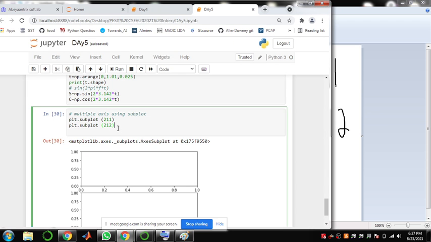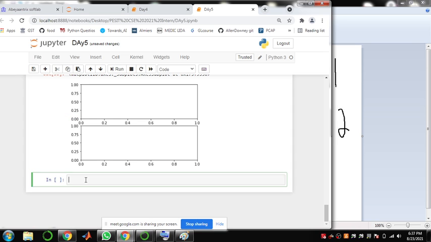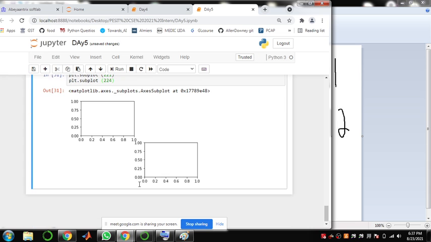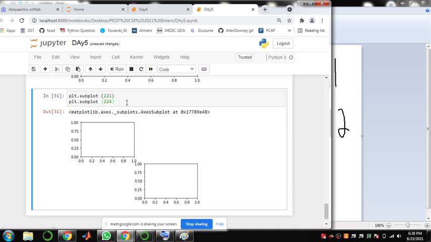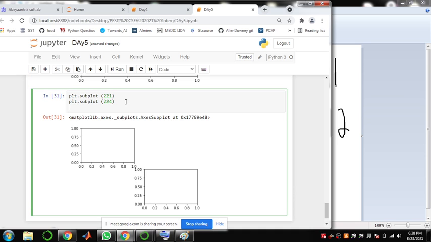Okay, so let us see what will happen with the next example. Here I'll write 2, 2, 1, and here I'll write 2, 2, 4. So one here and one more here. These two are empty. Why? You have not selected 2, 2, 2 and 2, 2, 3.